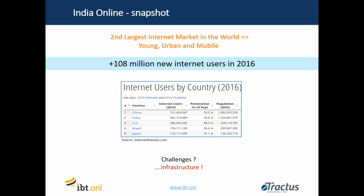Now, what's interesting to me, though, is that still with 462 million people on the internet, that's only a 35% market share. So only 35% of India actually is on the web. This is a really low number. I mean, compare that to Brazil. Brazil's got over 60%. And obviously countries like the US or the UK, it's more like 90%. So, India still, okay, it's large numbers, but still a long way to go. And I think that's one of the key things that I was intrigued at, when you start looking at the